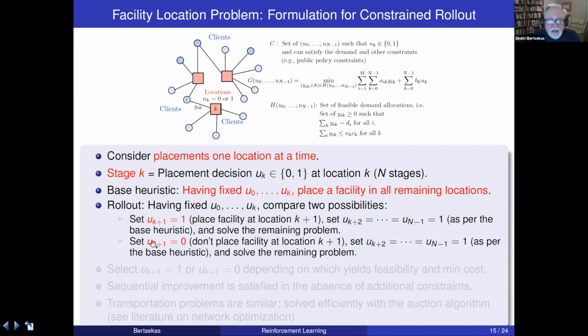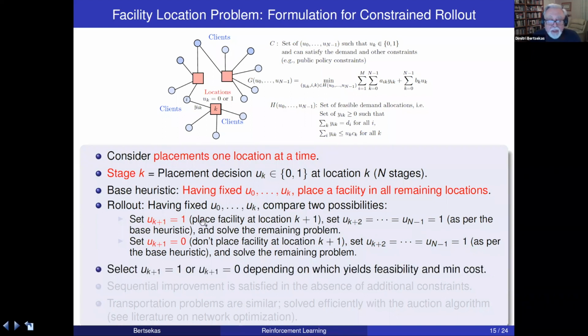And the other candidate trajectory is not to place a facility at the next location, but place a facility in all the other remaining locations as per our base heuristic. And now, at u0 up to uk, we have two candidate trajectories,